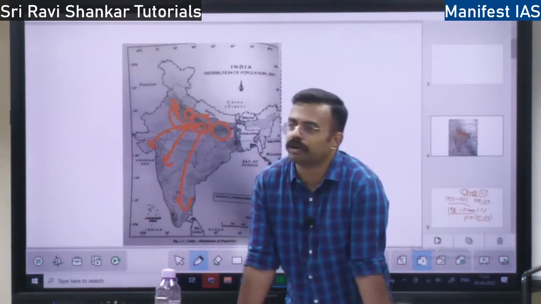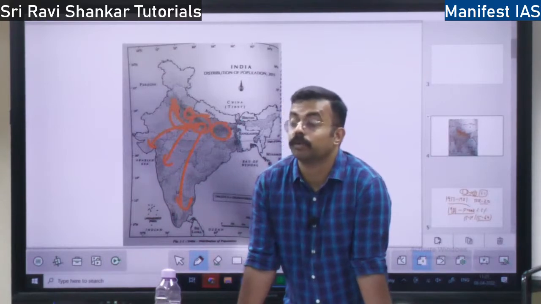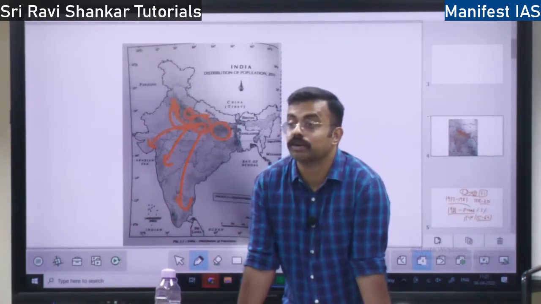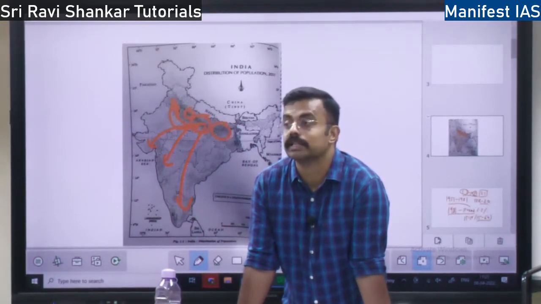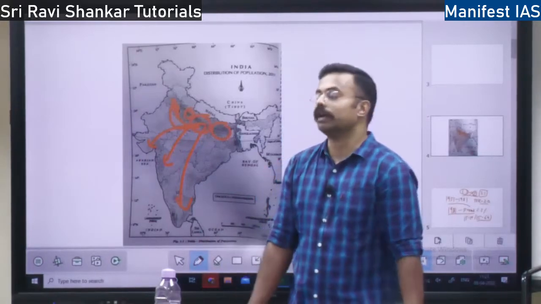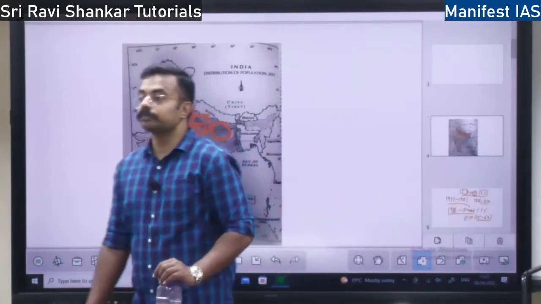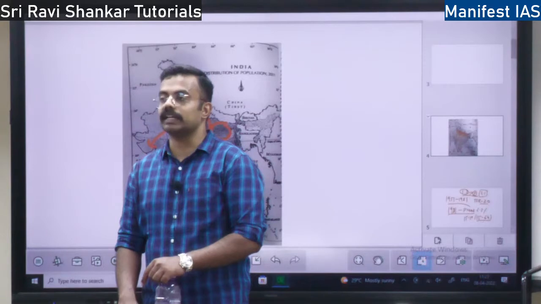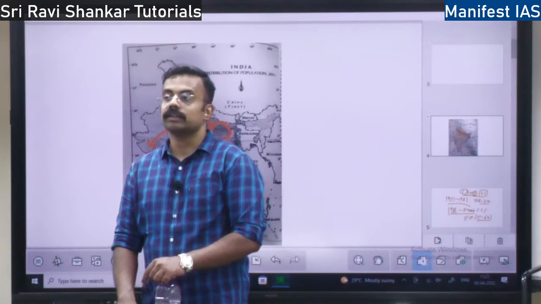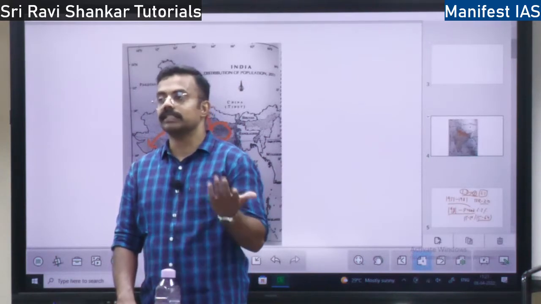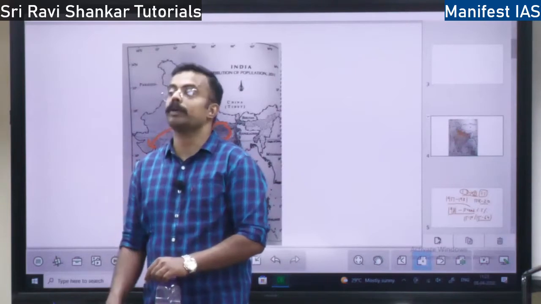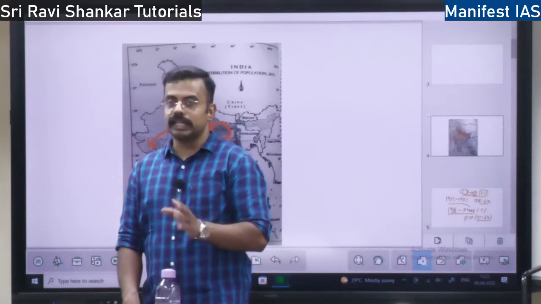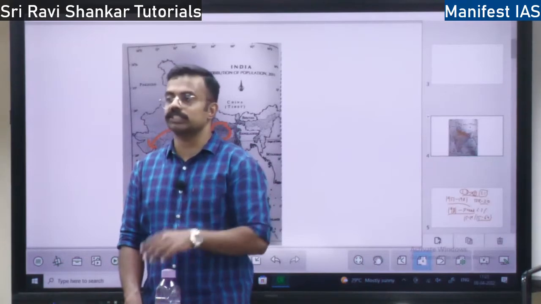As for emigration, I told you already, you find Indians across more than 110 countries around the world. There are 20 million Indians outside India, that is, 2 crore. So the government is now tapping into NRI voting. NRIs are Indian citizens, right? OCIs are not Indians. They are citizens of other countries, but they are people of Indian origin. You can trace their origin to India, but they have acquired the citizenship of another country.